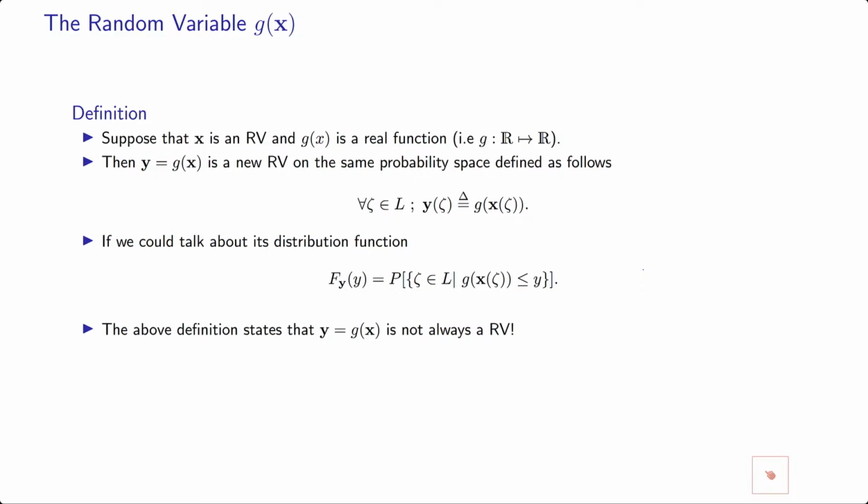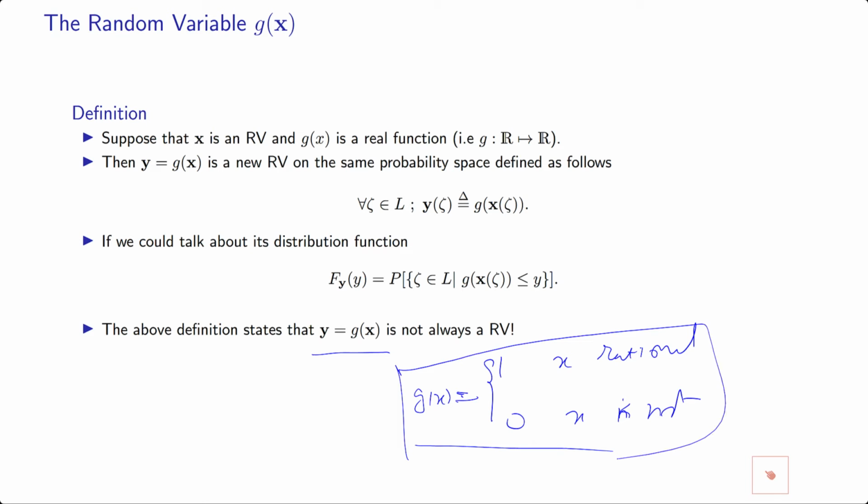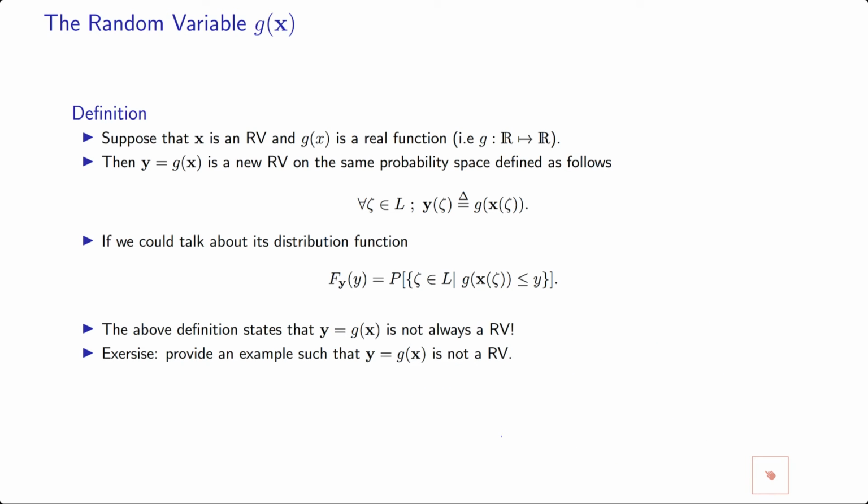So this definition states that Y = g(X) is not always a random variable. For instance, if I say g(x) is equal to 1 if x is rational and 0 if x is not, then it is not a random variable. You cannot work with that. And it is not of interest in engineering or science or commerce or business and so on. So this is an example that I